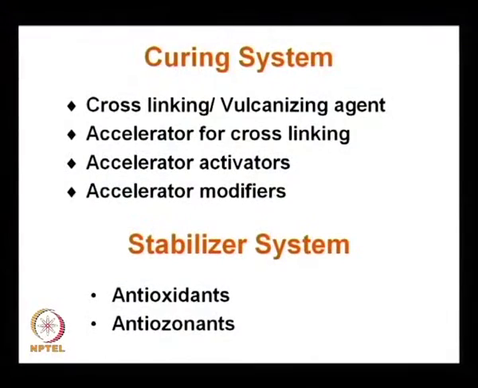And in order to promote the reaction, in order to help the reaction between sulfur and rubber, some accelerator is used, which accelerates the reaction speed between sulfur and polymer. Accelerators are organic compounds. These are mostly amine derivatives. So, these accelerators for cross linking are used in the rubber product for decreasing the vulcanization